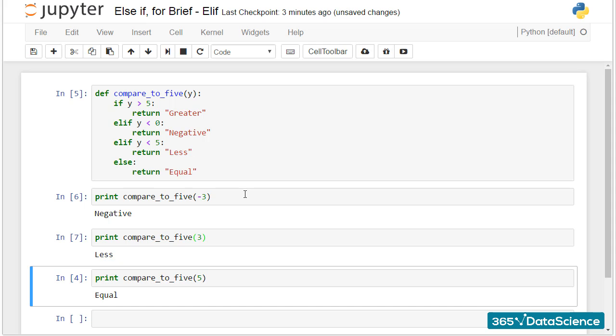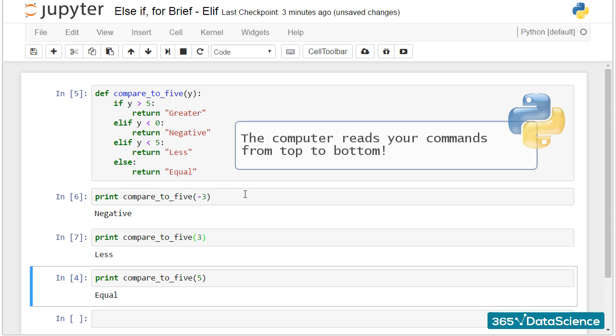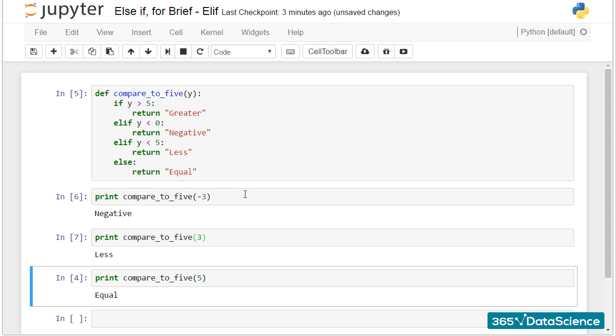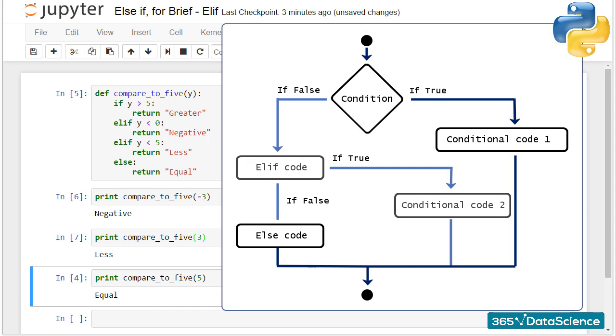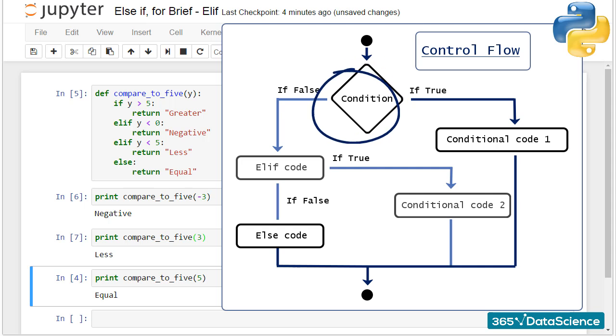A very important detail you should try to remember is the computer always reads your commands from top to bottom. Regardless of the speed at which it works, it executes only one command at a time. Scientifically speaking, the instructions we give to the machine are part of a control flow. This is something like the flow of the logical thought of the computer, the way the computer thinks, step by step, executing the steps in a rigid order. When it works with a conditional statement, the computer's task will be to execute a specific command once a certain condition has been satisfied. It will read your commands from the if statement at the top, through the elif statements in the middle, to the else statement at the end.